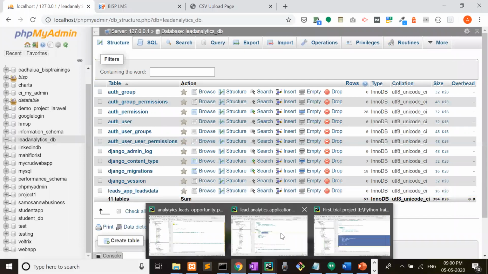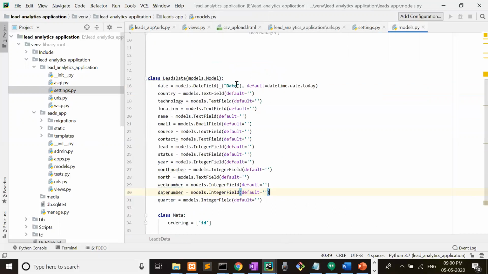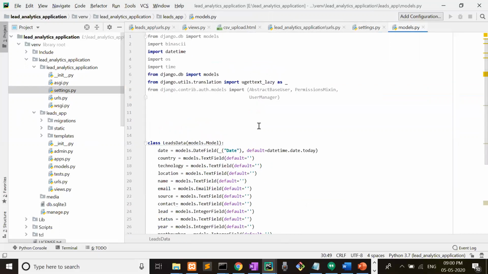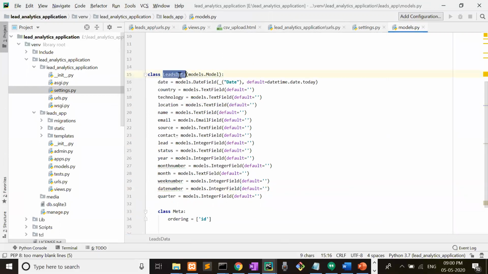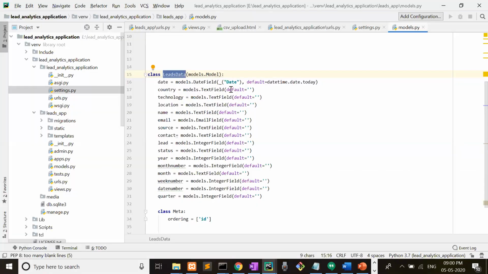For example, let me show you the models file. First of all, we will go to the models file. Then we will create a Leads data table. All these are the attribute names. And as I said earlier also, the sequence of this and the sequence of attributes must be the same. In the CSV, you will get limited columns.